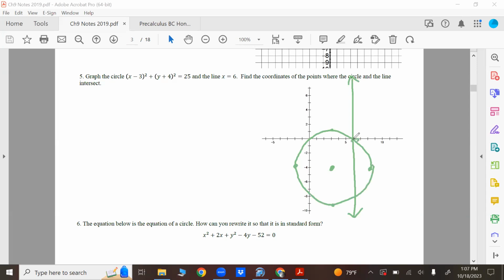So clearly they intersect twice, right? If I were to guess, maybe it's 6 comma 0. I don't know. Let's work it out. If I plug in 6 straight up for x and solve for y, I get 9